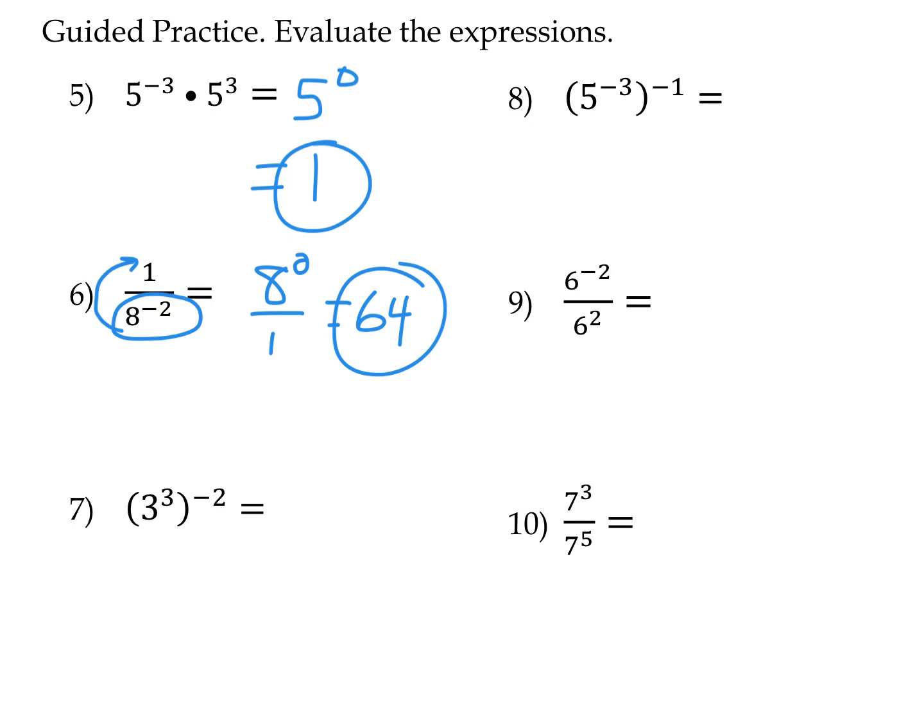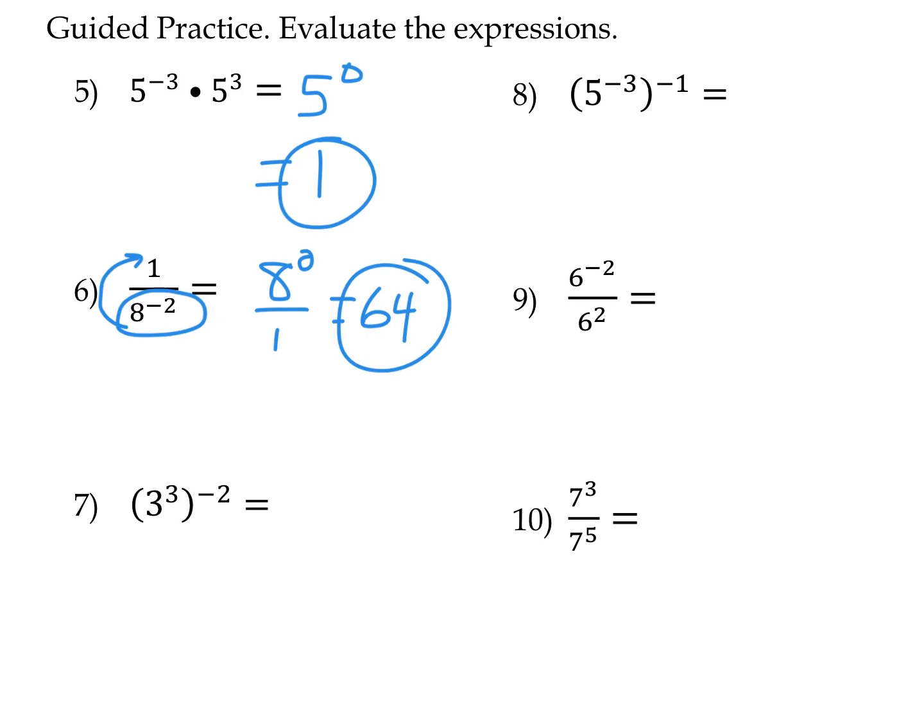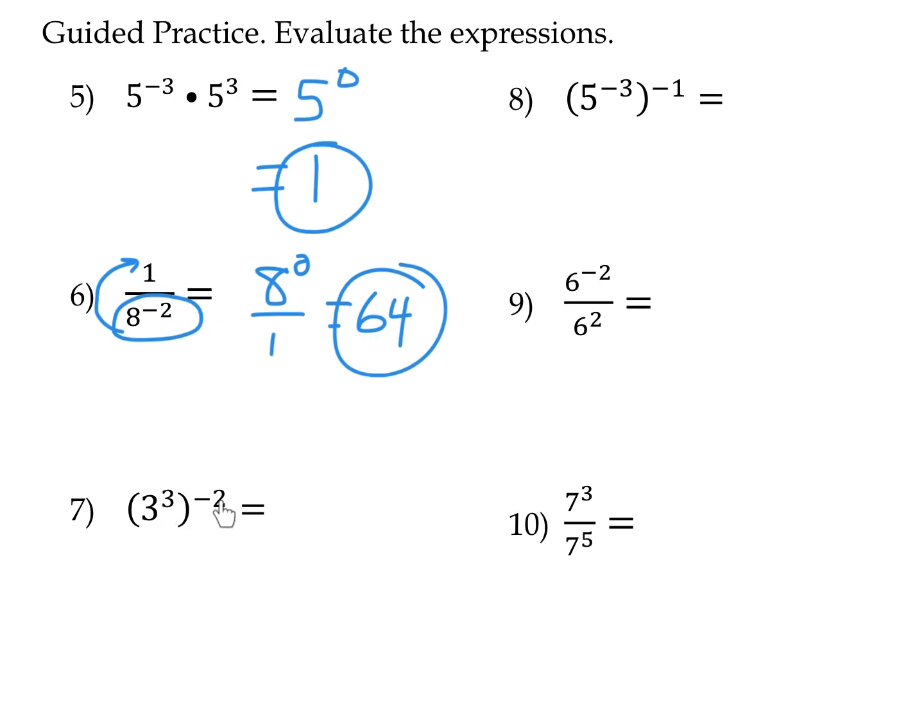In the next example, we have 3 to the third to the negative second. When we have a power raised to another power, we multiply those exponents together. So this is going to be 3 to the negative sixth. Okay, so 3 to the negative sixth, we're going to write as its reciprocal, 1 over 3 to the sixth. And then 3 to the sixth is 3 times 3 times 3 times 3 times 3, 6 times. So 3 to the sixth power is actually equal to 729. So this would be 1 over